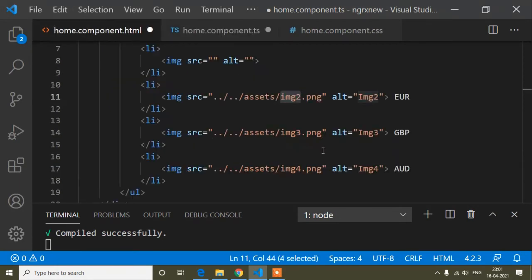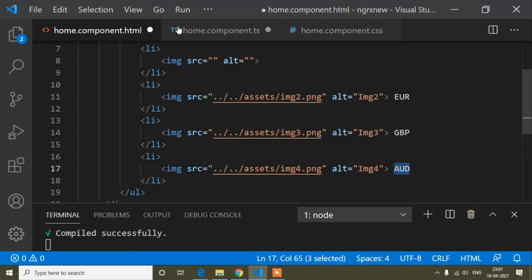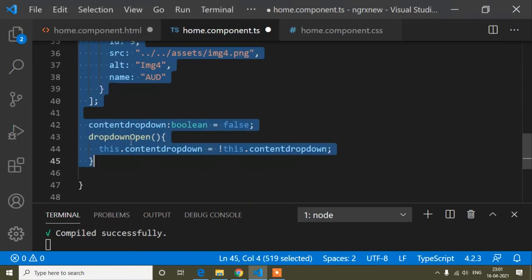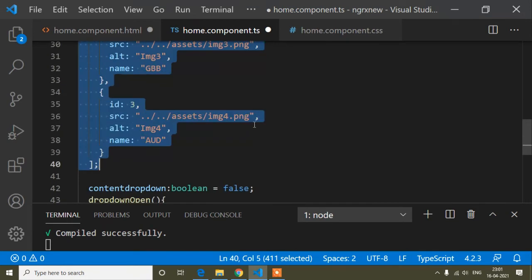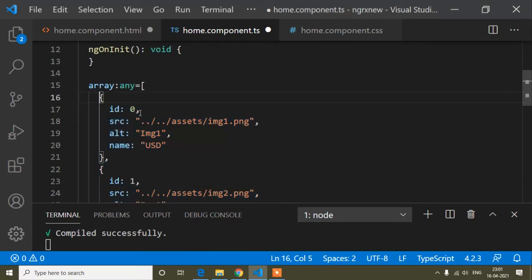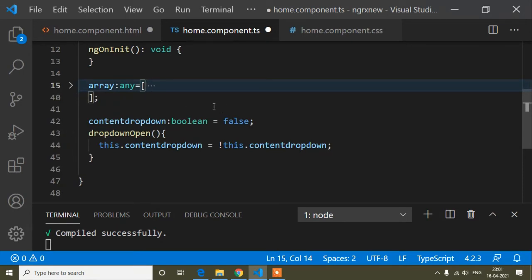You can see here AUD. Okay, so now I have created an array. It's the same as an API. When we get any data from API, at that time we get it in array format. That's why I have created this array. Okay, so I will just minimize it, save.